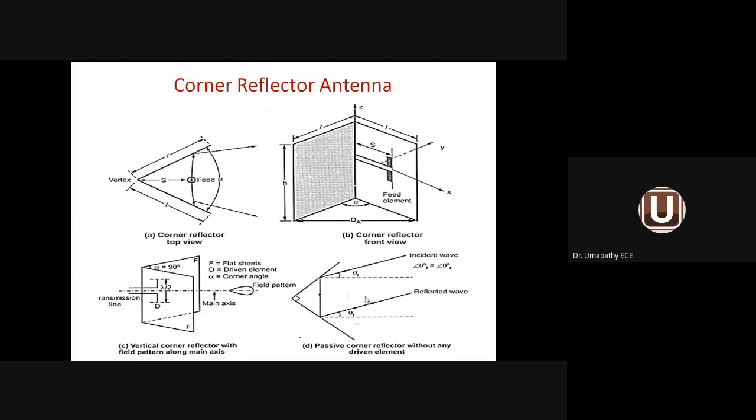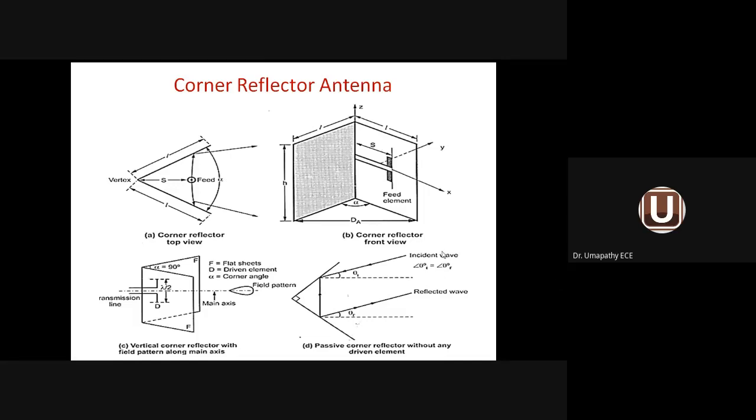In this figure, there is no place for the feed element at all. In other words, we don't have a feed element at all. We have the corner reflectors 1 and 2. There is an included angle, or flare angle. Some incident wave is coming, falling on the first reflector, getting reflected back to the second reflector, and then radiated into free space. Angle of incidence and angle of reflection are shown. There is no feed element. There is no driven element available here.